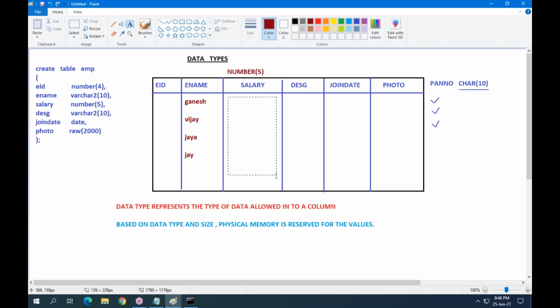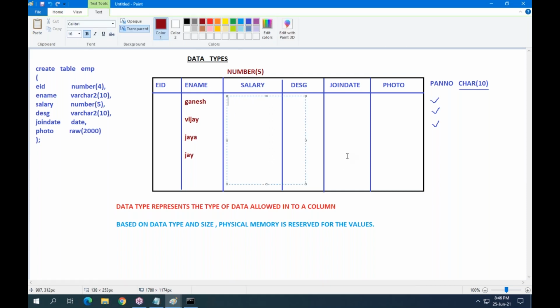So here you can enter values like this. 0, yes, it is valid. 10,000, valid. 45,000, valid. 125, valid. 1, valid. Minus 9,999, it is also valid.